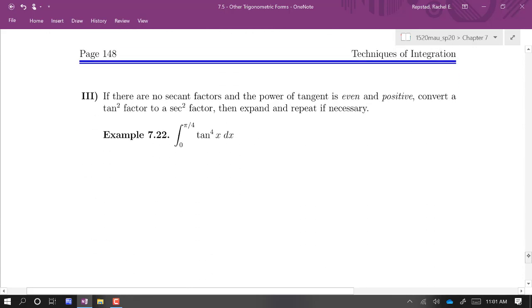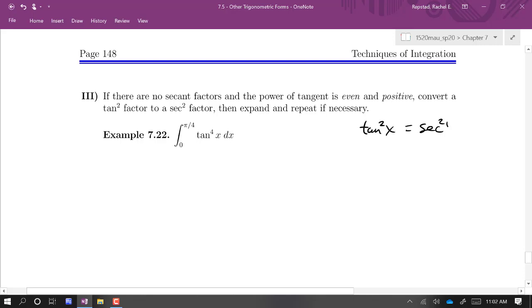So now, in a situation where we don't have any secant factors at all, and the power on tangent is even and positive, we can convert a tan squared to secant squared, again using Pythagoras, and then see where we're at. Then we expand, we reevaluate. Sometimes we have to repeat this process. So we're going to see how it works here. Let's get started. So remember that tan squared x, we saw this in the last problem,